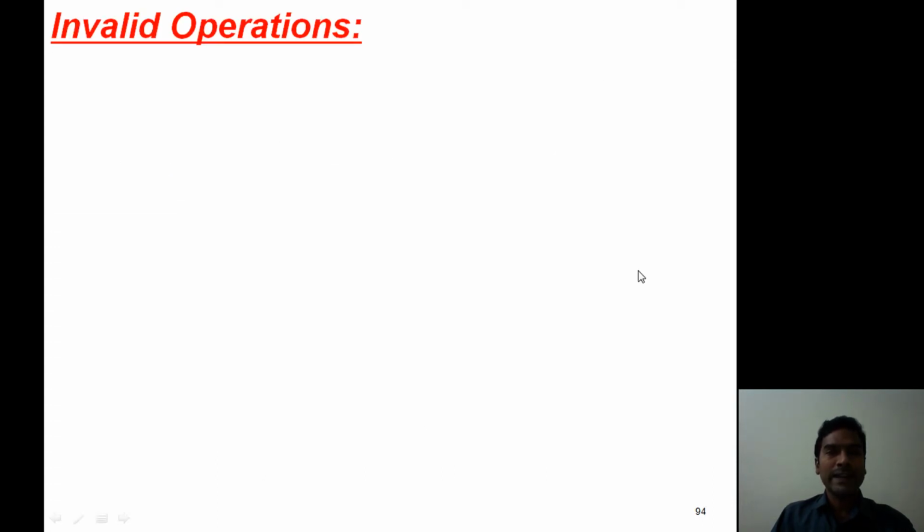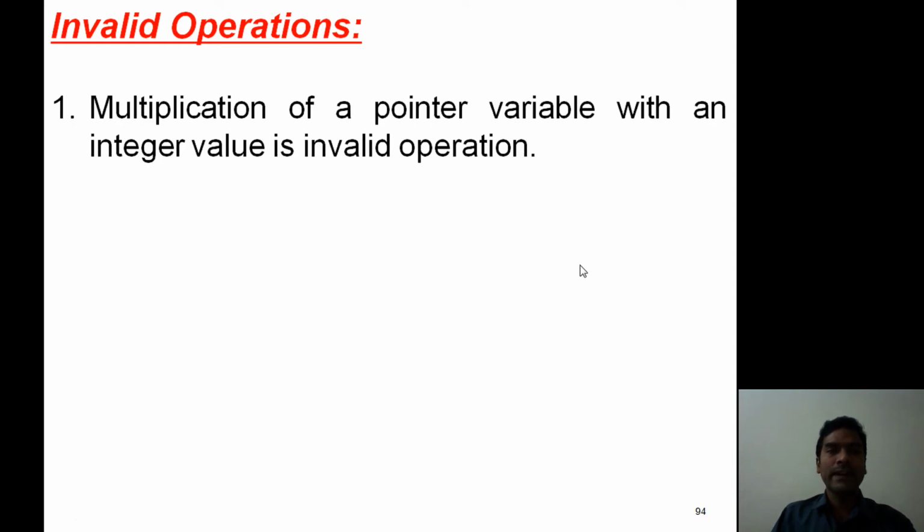Now the second set, invalid operations. Here multiplication of a pointer variable with an integer value is an invalid operation. One operand is a pointer variable, one operand is an integer value, then the multiplication operation is invalid.